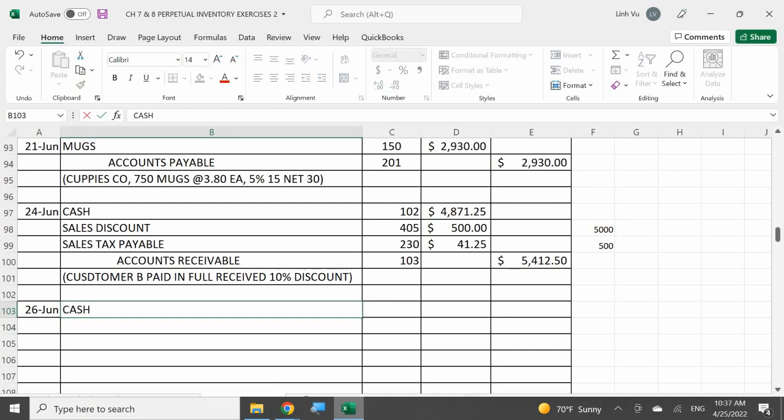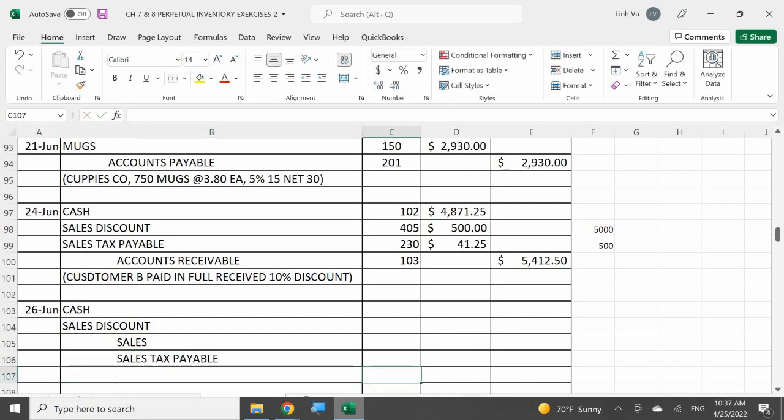We're going to sell it for cash. We have a sales discount, we have sales, and we have to charge sales tax. Good. Okay, so what did you say? You said how much is what before tax? The amount of sales would be